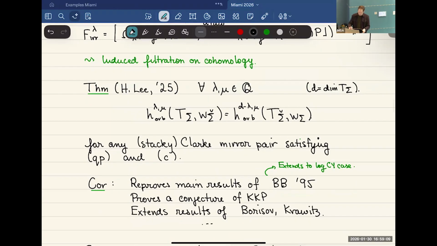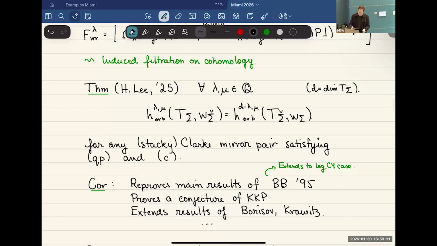So I have to assume that both this quasi-projective condition and this convexity condition hold. But as a consequence of this, we're able to reprove the results of Batyrev-Borisov. This proves a conjecture of Katzarkov, Kontsevich, and Pantev, and maybe I should say that with a grain